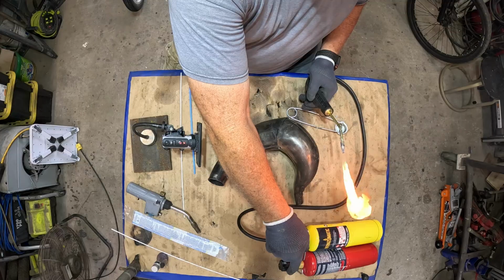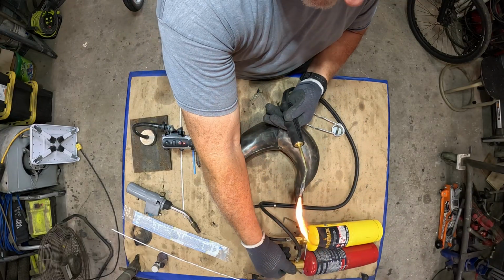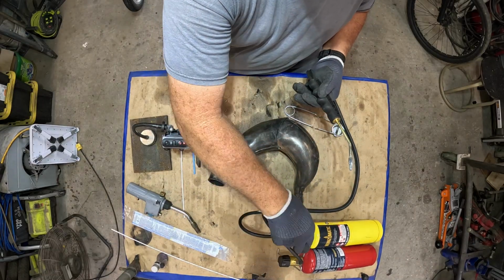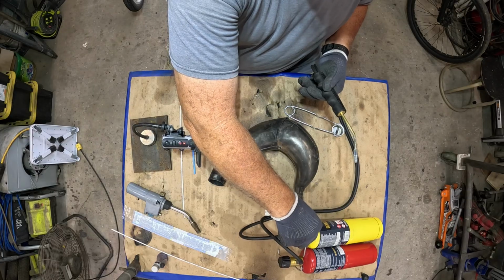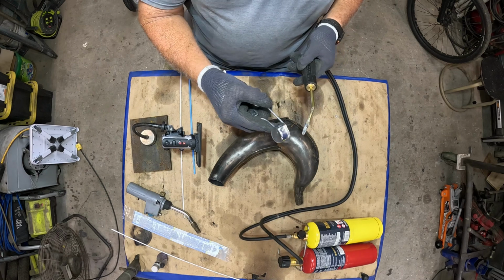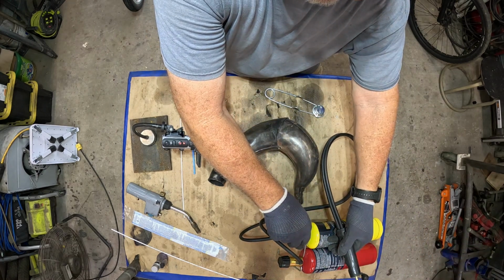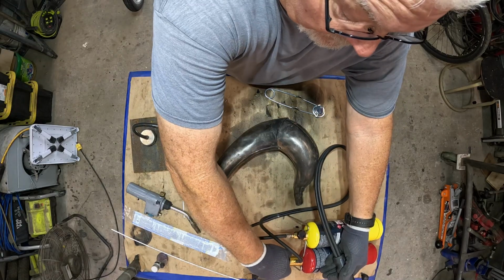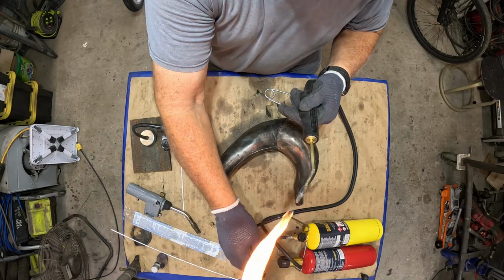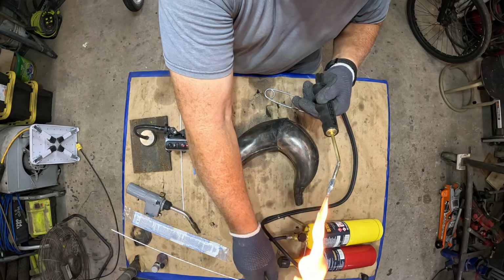Getting this lit is a bit of a bear. So you want the flame something like that right there, and then you're gonna start cracking your, I'm hitting the valve on this one. This is live for the home audience, guys. Give me a break. I'm not really used to that thing. I weld them up. All right. And that's a little too much of a wholesome flame there. We're going to start cracking the